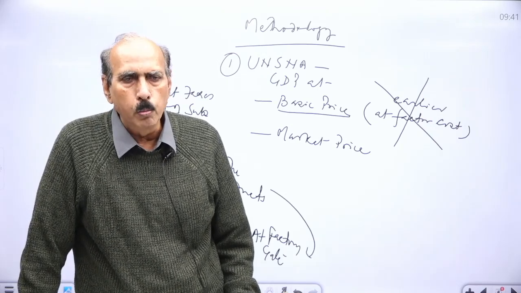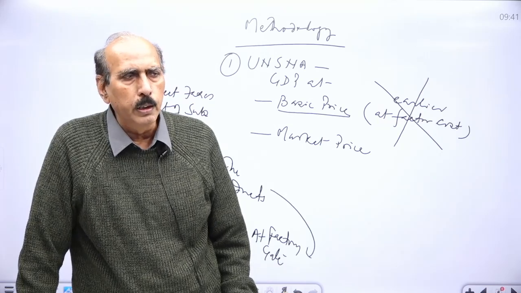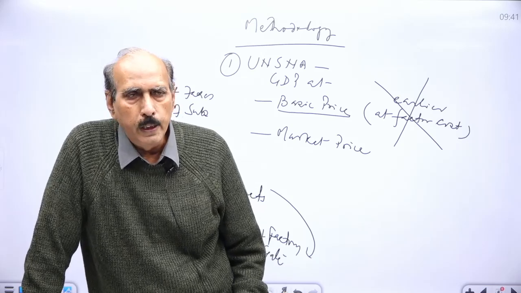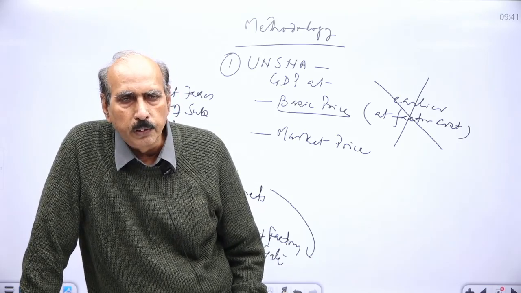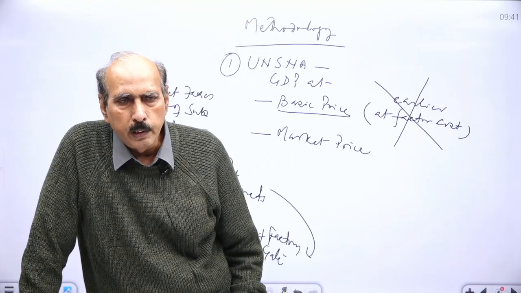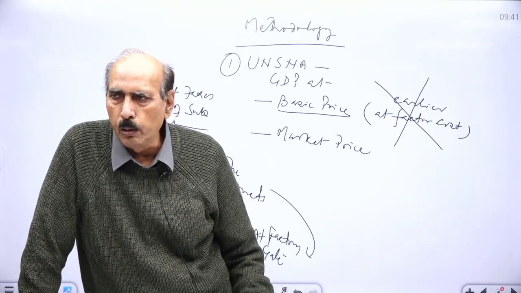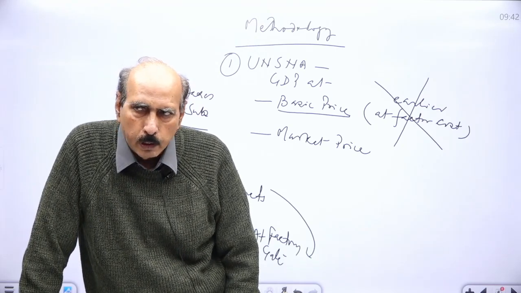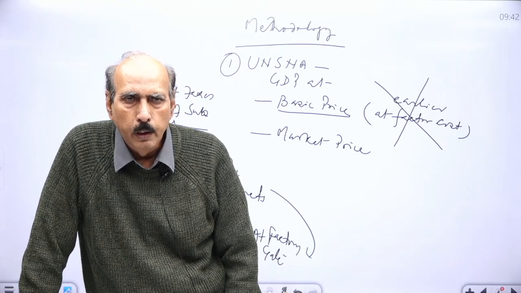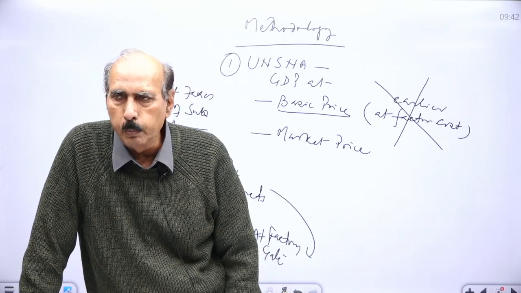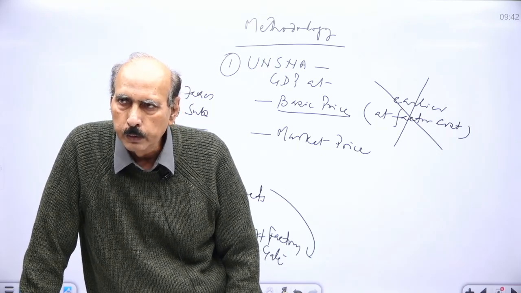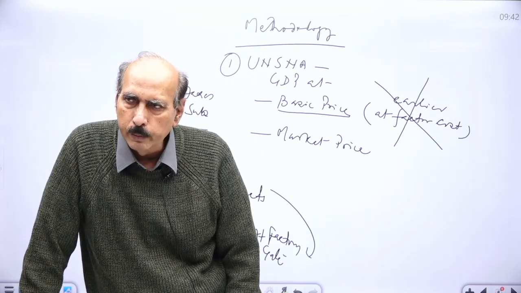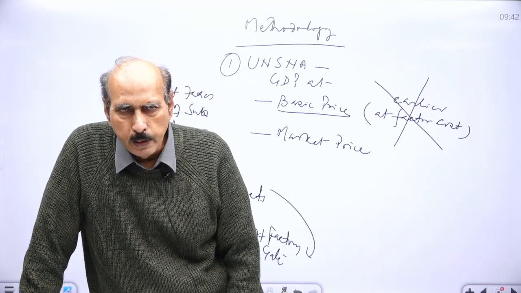How much is the capital used, how much is the land used, how much is the labor used, and what is the expected profit of the entrepreneur. That we used to do earlier. And therefore, any taxes paid, any subsidy received were not counted in estimating the actual cost of production at the production stage. Now it is counted. Now we have started counting any taxes paid by the company or producer at the production stage. Any tax paid by him or any subsidy received by him is also counted. We take the net of that taxes.